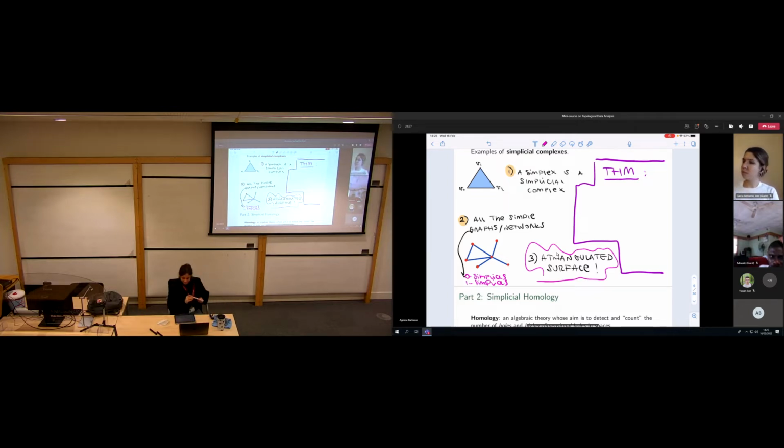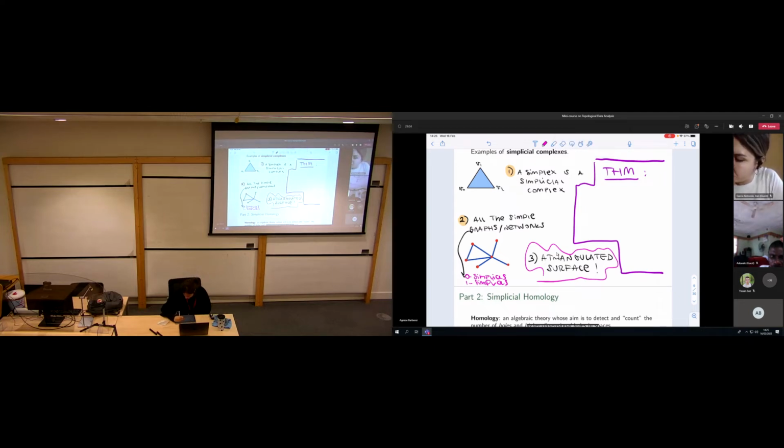All right. Now, you might ask at this point, our scope is to define some algebraic way to analyze the shape of spaces. Is it enough to think about simplicial complexes? In other words, by considering only simplicial complexes, am I considering all the possible spaces, whatever that means? And the answer is kind of yes. Again, I'm not going to give a precise statement, but there is a theorem telling you that any